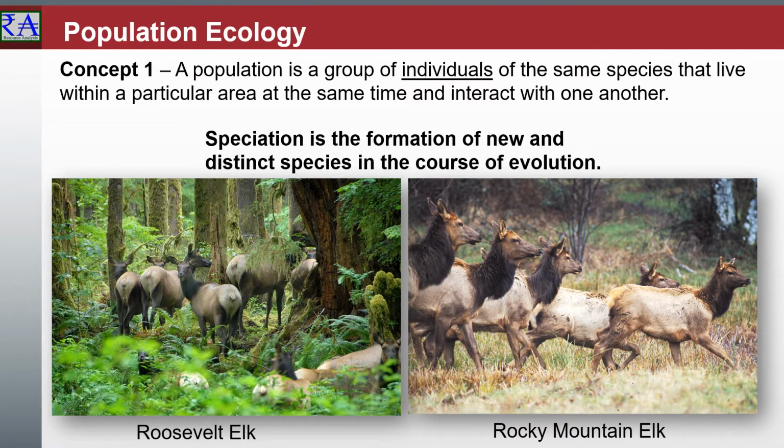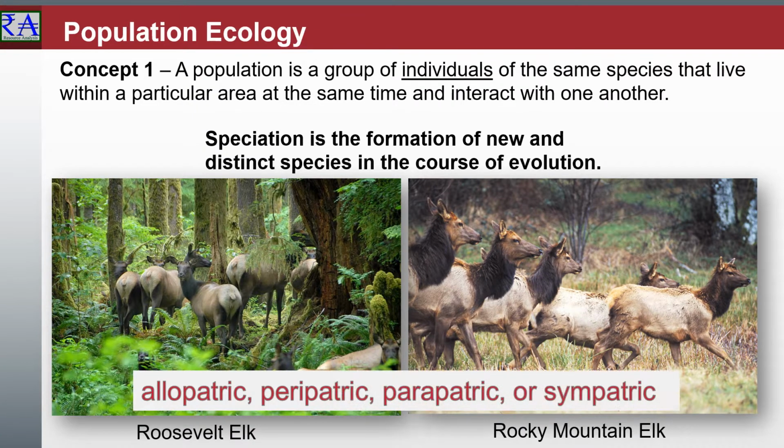There are four geographic modes of speciation in nature, based on the extent to which speciating populations are isolated from one another: allopatric, peripatric, parapatric, and sympatric. Focus on these terms, know how to define them, apply them to populations you observe, and be able to give examples of how you understand these instances.